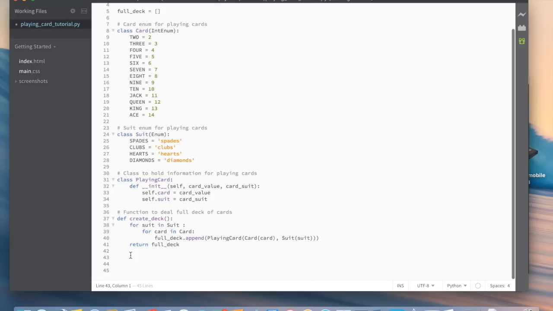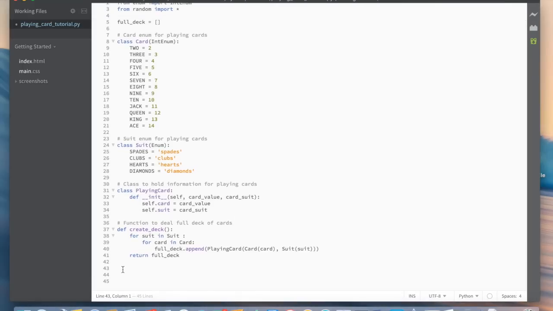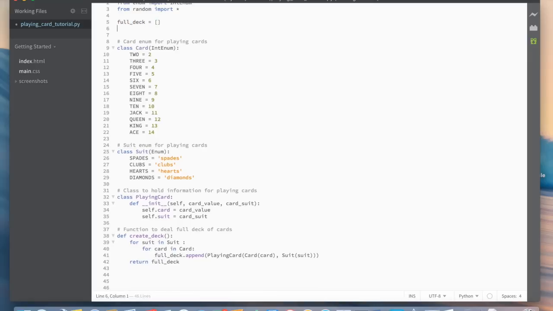All right, now we're going to create a function to basically return a random card from our deck. And before we do that, when we're drawing cards from a deck, remember the number of cards in the deck will decrease by 1. That's pretty obvious. And so we don't want to be drawing from this full deck here because that's sort of our original deck of full cards. So what I'm going to do is create another list and call it partial deck. So this is going to keep track of the cards that we've been drawing from, so the remaining cards. And then what I'm going to do is create a function down here